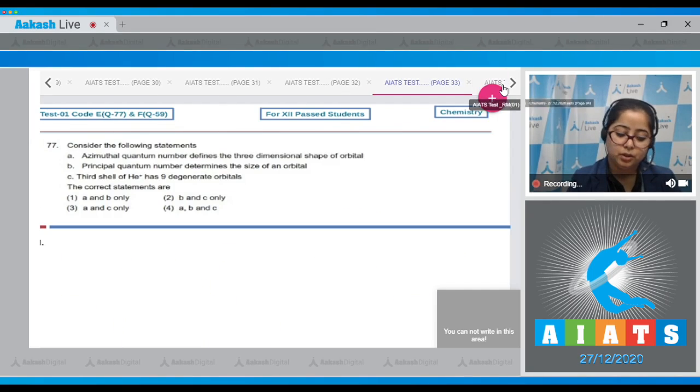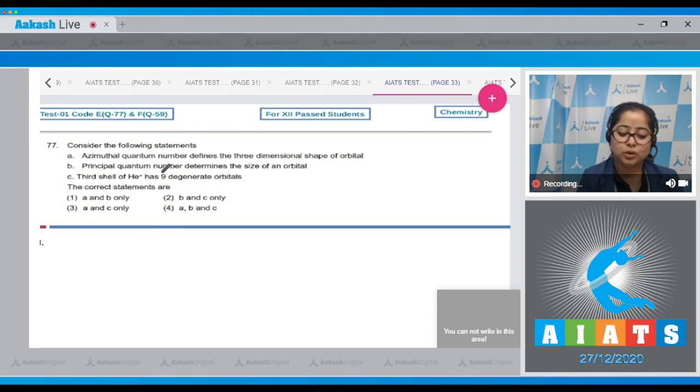Moving to next question. Consider the following statements. Azimuthal quantum number defines the three-dimensional shape of orbital. Principal quantum number determines the size of an orbital. Third shell of helium plus ion has 9 degenerate orbitals. Students, the correct statements are. So students,